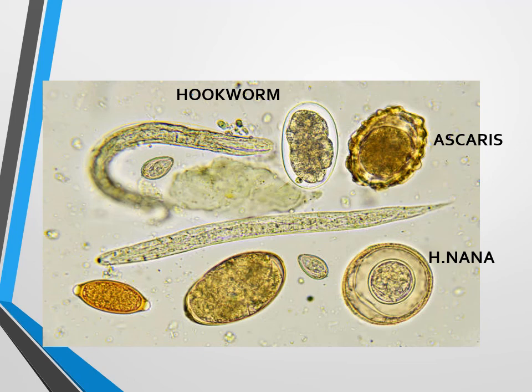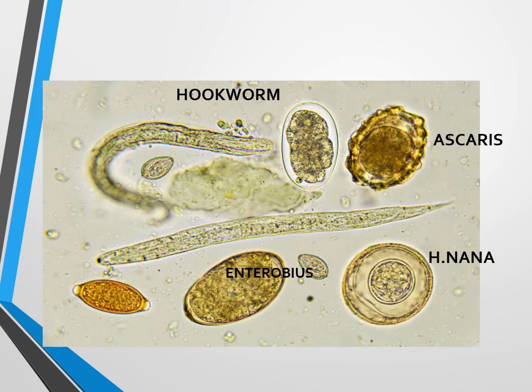Whenever you are describing an egg, first say whether it is a bile stained egg or a non-bile stained egg, and then go through the eggs which come in that category. And why you are saying it is hookworm, you have to give an explanation. For the hookworm, you can see there is a segmented blastomere, which is in favor of hookworm.